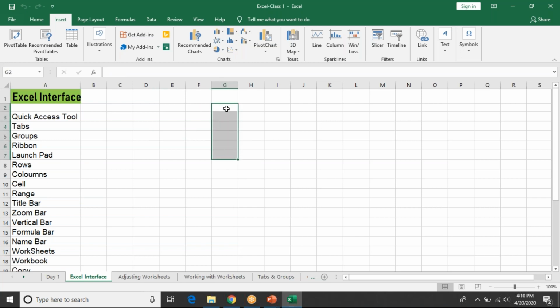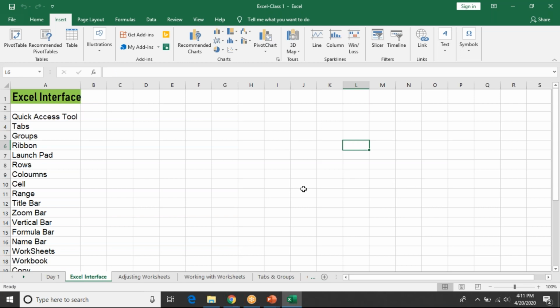If I select continuous cells, it is a range, or if I select G, H, I, J, K, this entire thing is called a range. So if I select both rows and columns, it is called a range. A range can be represented like, for example, G2 colon F2. So this colon is what represents a range.